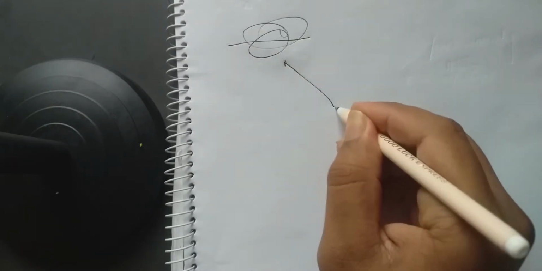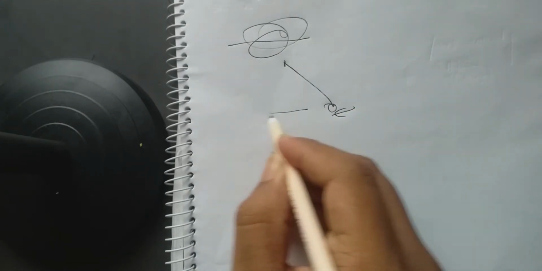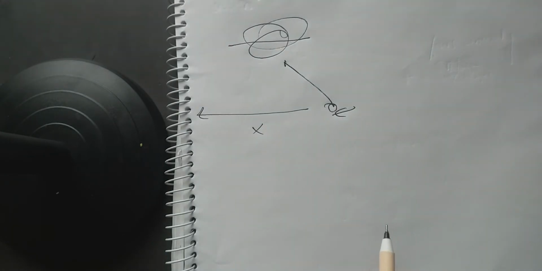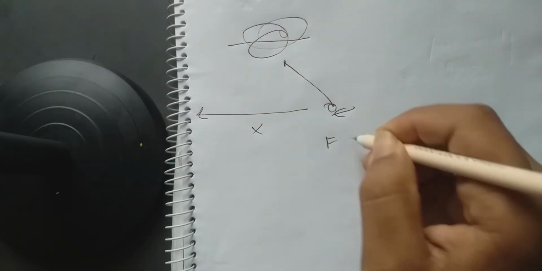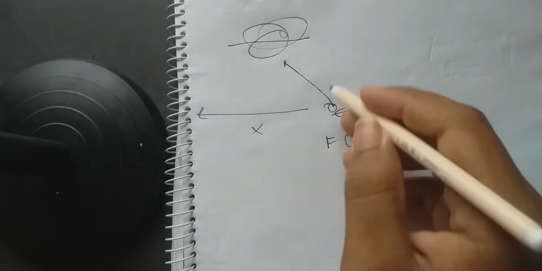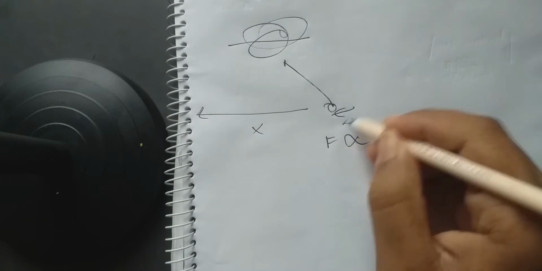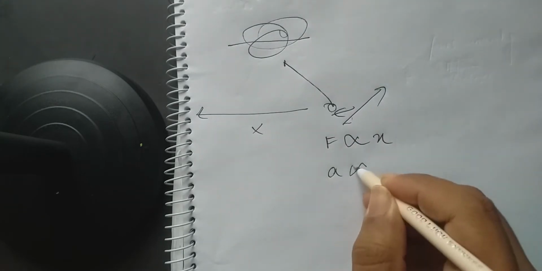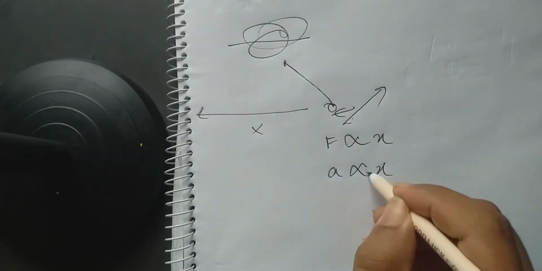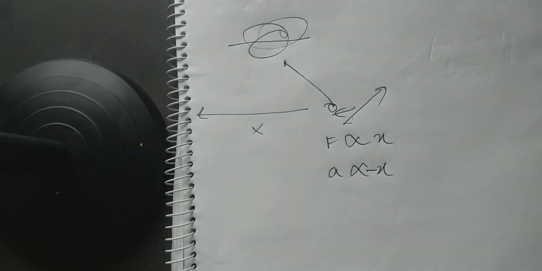if you increase the force on the pendulum, it would travel farther, at a greater displacement. So we say that force was proportional to displacement. As a result, acceleration is also proportional to the displacement, but as they're in opposite directions, there must be a minus sign. So this is what we did in the previous class, and today we will see